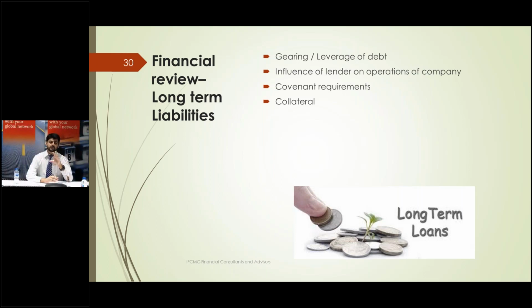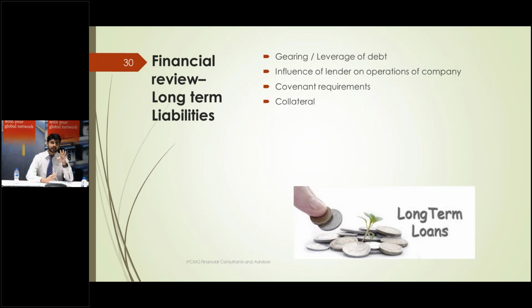Or the covenant includes a single charge registered against a property, a singular charge. That means, for example, I have a property worth 10 billion rupees, and I'm obtaining a finance of say 1 billion rupees. So I go up to my bank and say, all right, I need a financing facility of 1 billion rupees. The bank says, we can give you the facility, but on the condition that we will be the sole lenders secured against this property. No other lender can be offered this property as collateral.